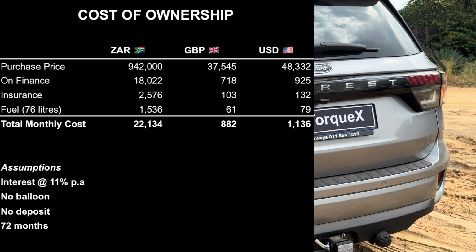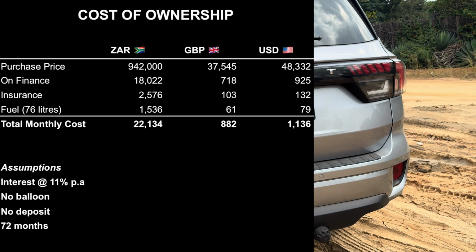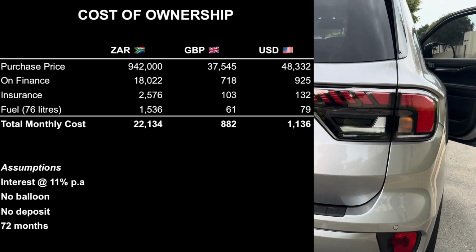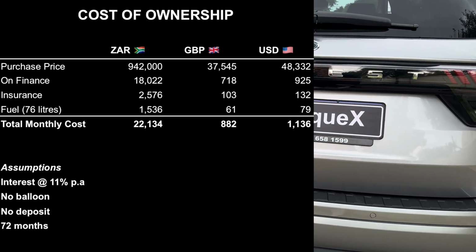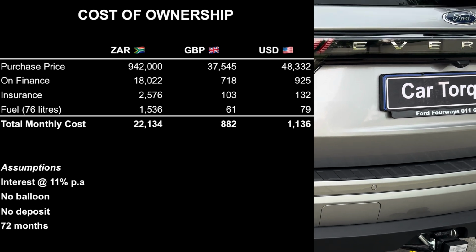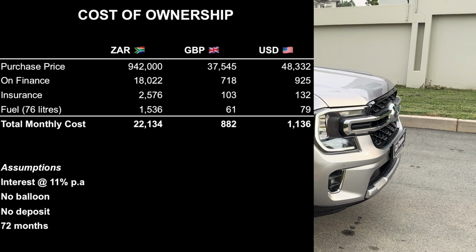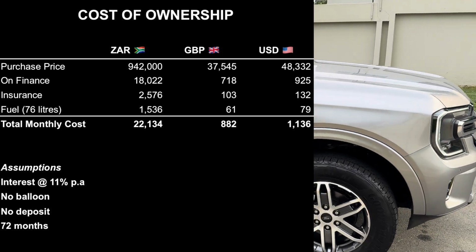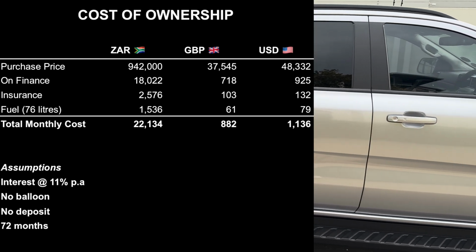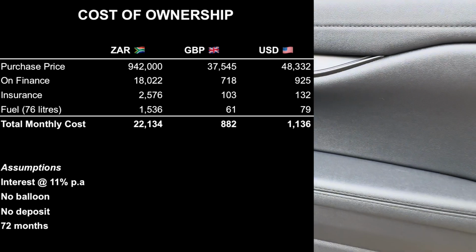So if you were to finance this car at the current prime interest rate of 11% per annum with no deposit, no balloon payment over 72 months, your monthly installment would be 18,022 rands. Insurance is risk profile dependent and the cheapest quote I got was 1,900 rands, but the excess was ridiculously high. So the sweet spot for someone with my risk appetite would be a premium of 2,500, which lowers the excess down to 5,000 rands. The cost of diesel inland is in front of your screen for the 76-liter tank, which brings the total cost of ownership to